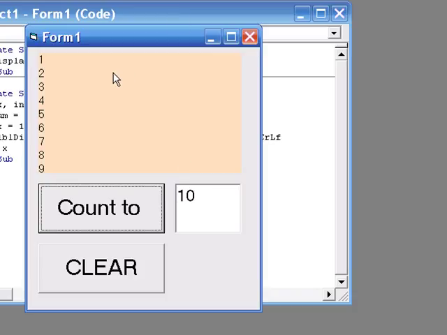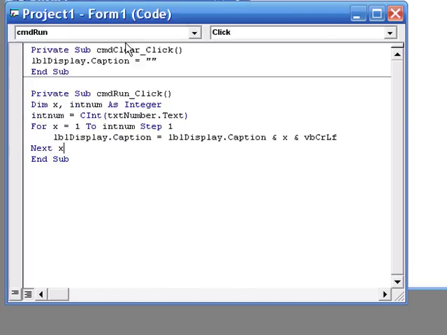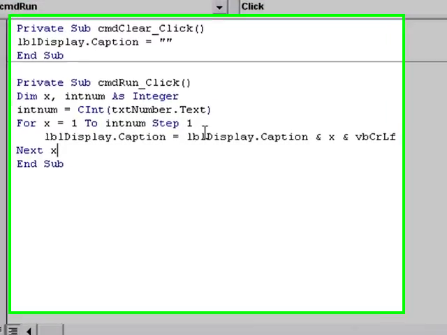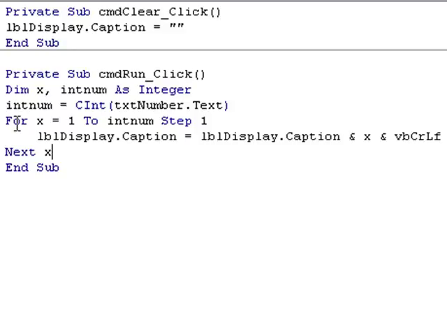No real reason other than it only fits 9 on the screen, and you can't count from 1 to 0 in steps of 1. Okay, so we can only count up. Right, so the first thing I've got to do